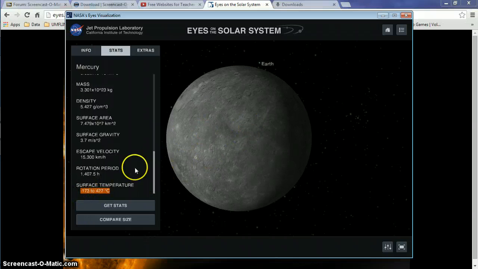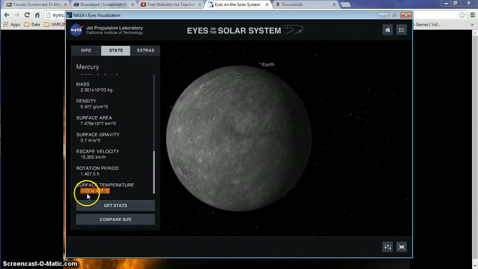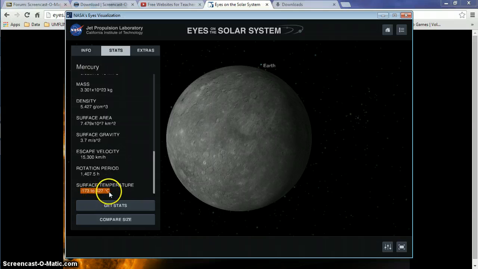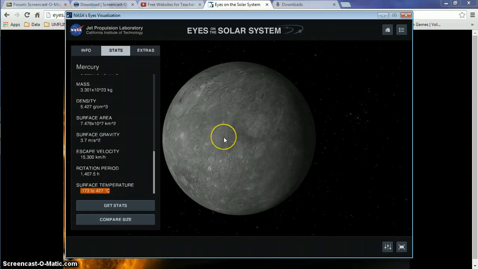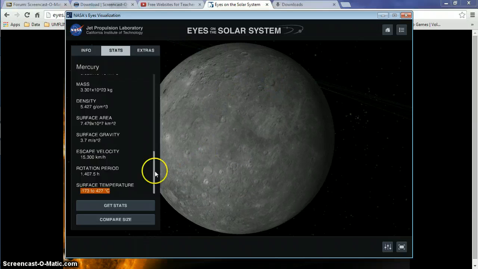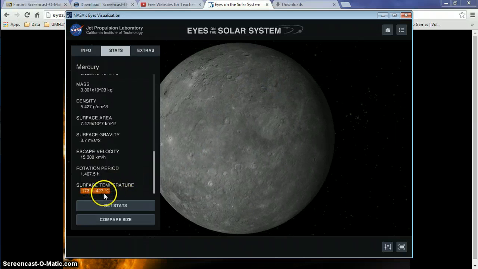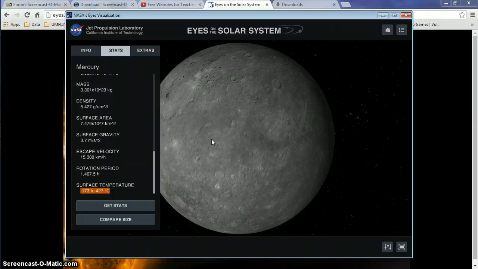I want you to look at this range of temperatures. So looking at Mercury, our range of temperatures on Mercury is negative 173 degrees Celsius to 427 degrees Celsius. This is a very significant range of temperature. And we get our heat from the sun. So the side facing the sun is this whopping 427 degrees Celsius, which is far above the temperature to boil